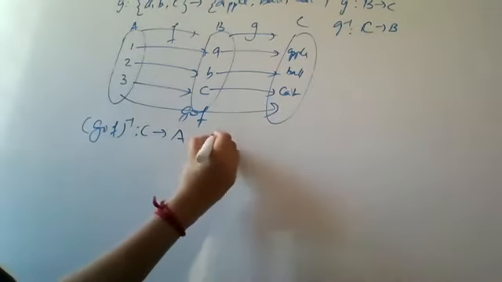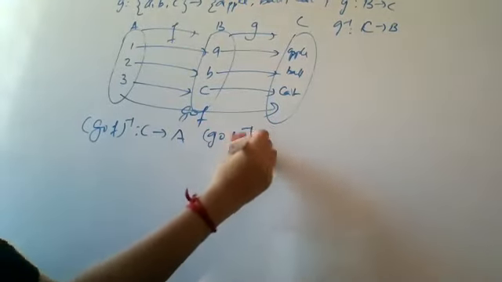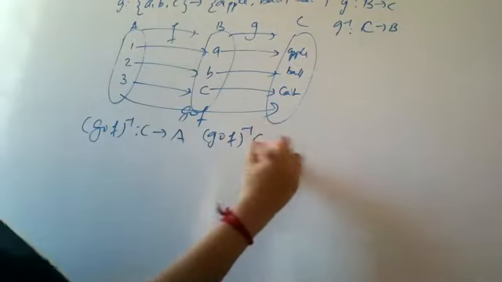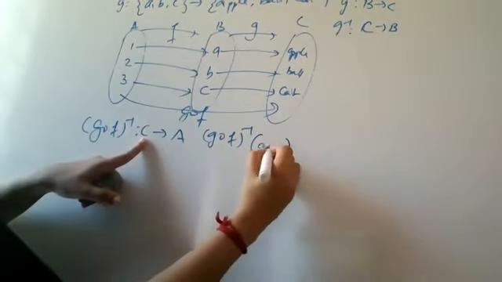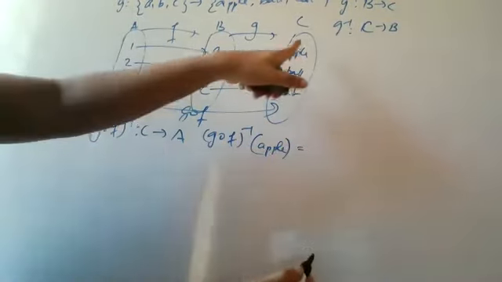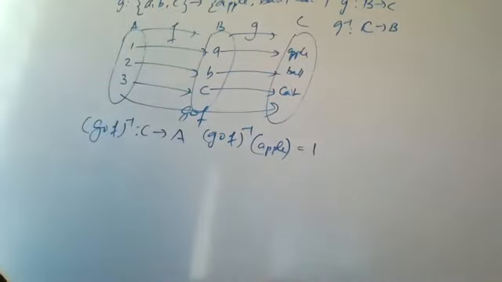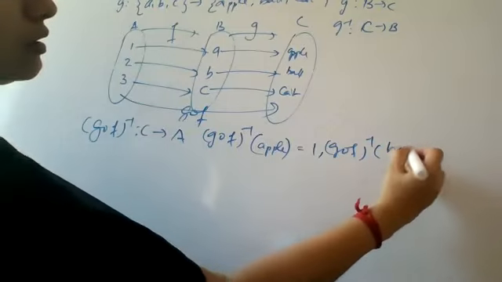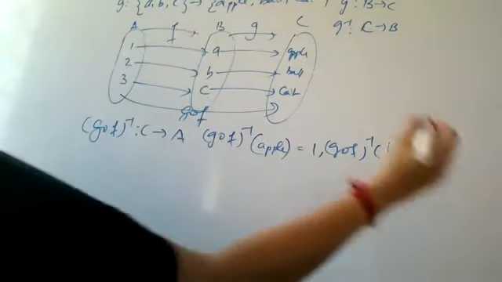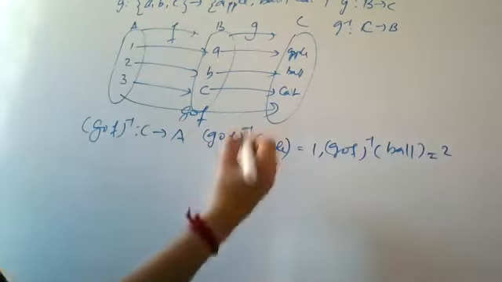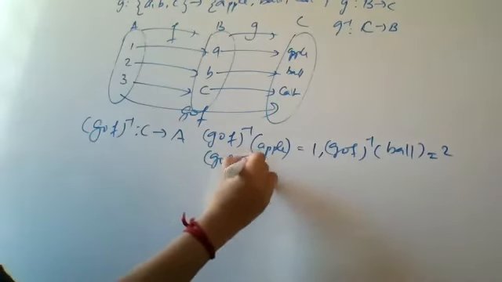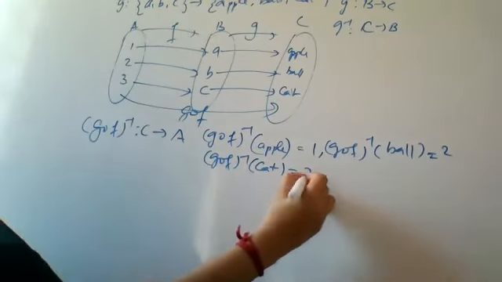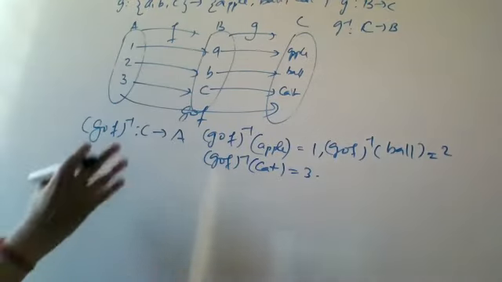Okay, now we are defining it as G composition F the whole inverse is, पहले हम कौन सा एलिमेंट लेंगे? C का फर्स्ट एलिमेंट इज एप्पल, and we are defining it to be in the reverse order. G composition F the whole inverse of apple is equal to 1. G composition F the whole inverse of ball is equal to 2, and G composition F the whole inverse of cat is equal to 3. This is the definition for the composition, inverse composition.